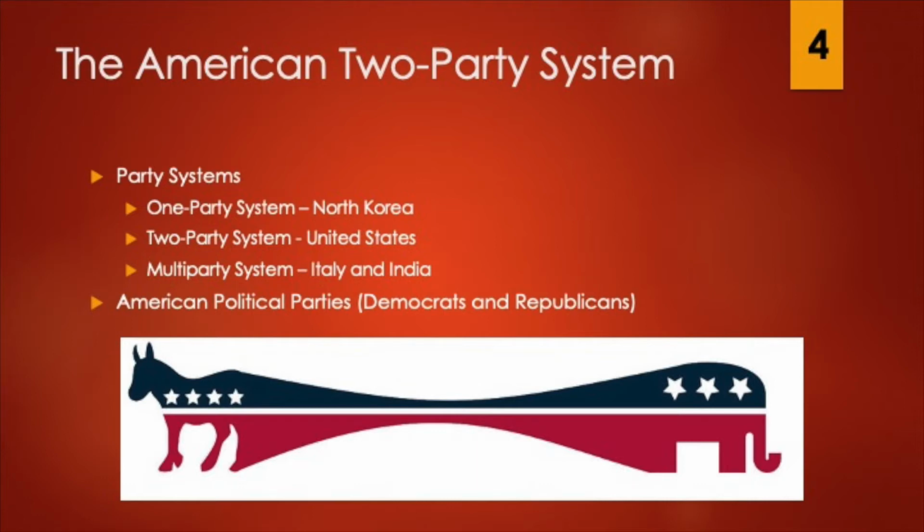So the basic party systems around the world include a one party system in which a single political party controls the government. Other parties may exist, but they yield little to no power. The two party system competes to control government and rarely holds power in all the branches. Of course, I'm talking about what we have here in the United States. Yes, we have dozens of smaller parties, but those parties are usually predicated on single issues like the larger two parties. Last is the multi party system, in which several parties compete for control of the country's government. And this is the most common type of government around the world and would be found primarily in Italy and